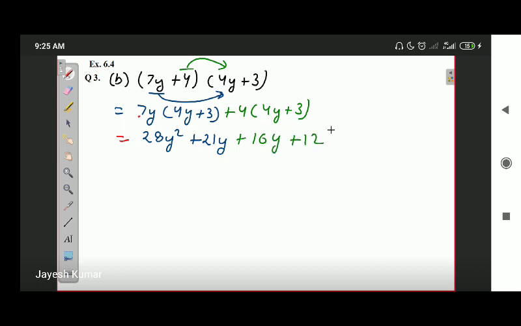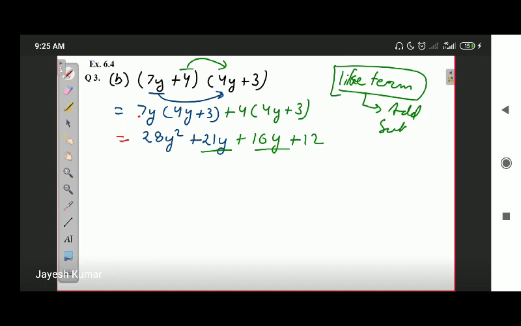Okay, now students, can you comfortably say that the question is complete? Is this the correct answer? No, it is not. Why is it not? Because as we can observe, in this polynomial, we have 2 terms with the same variable part. That means they are like terms. And what do we do for like terms? We perform addition or subtraction accordingly for the like terms.